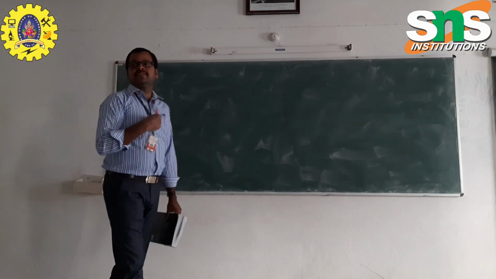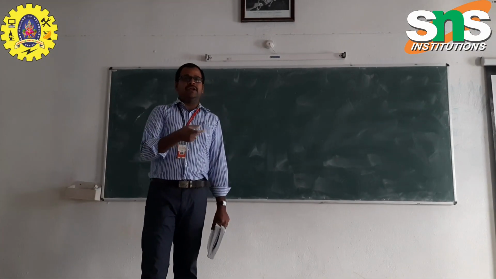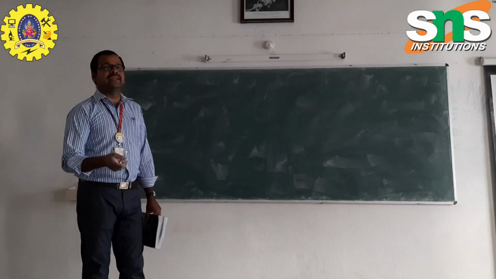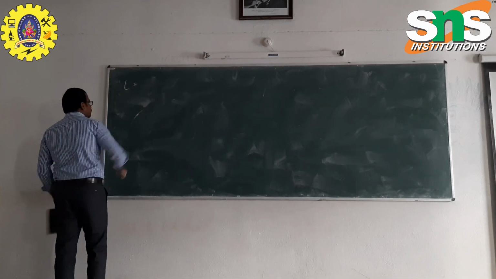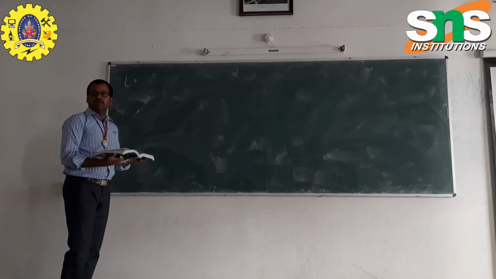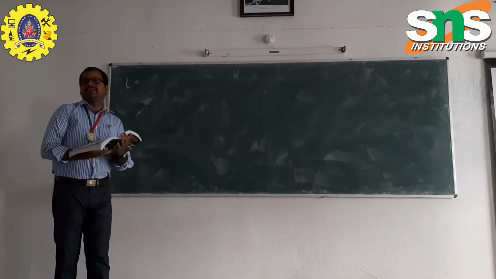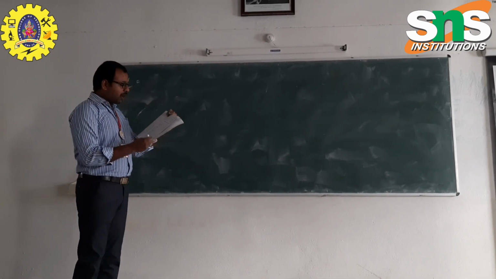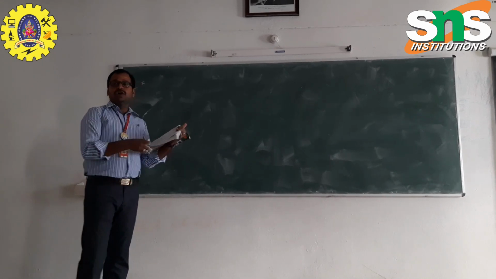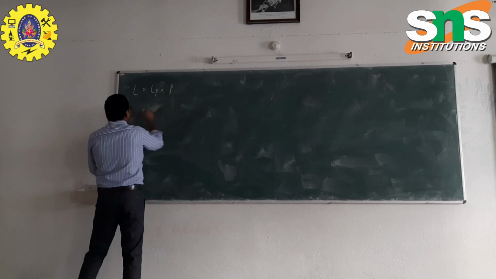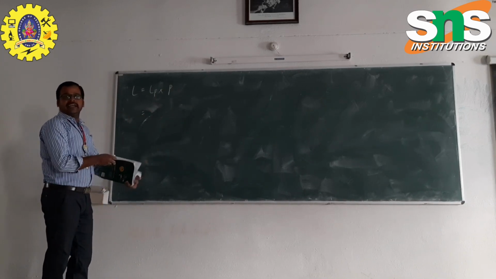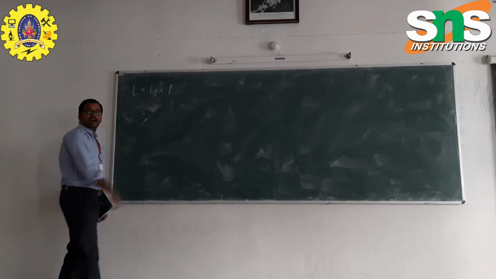So in the previous class, we could calculate only a continuous chain length. Now we want to calculate the total chain length. So L is equal to, the formula is given in your data books. Refer to page number 7.75, L is equal to LP into pitch. The LP value is already calculated. So what is the value of LP?